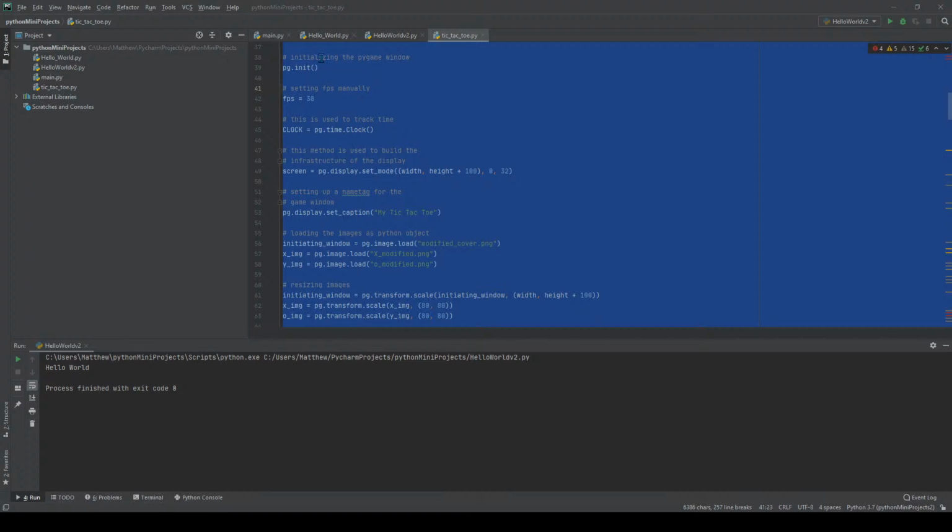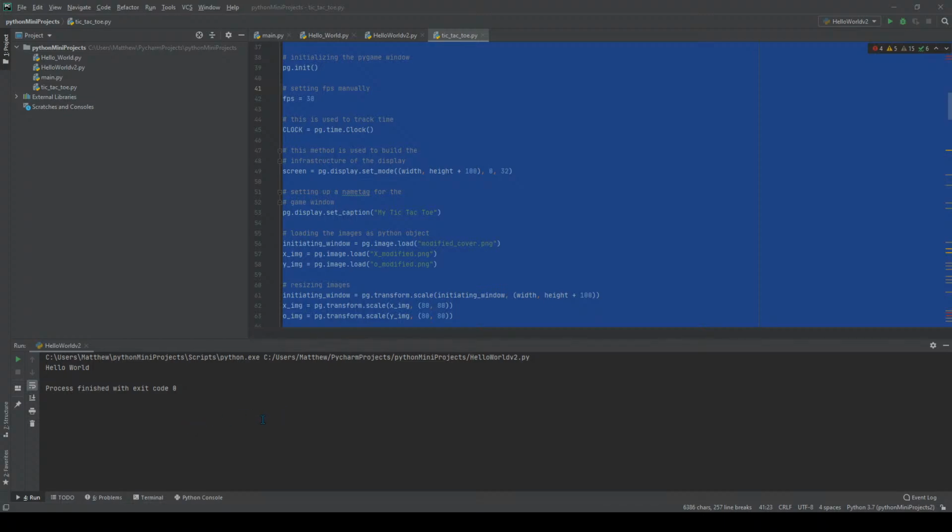Once again, it says no module named Pygame. So this is why PyCharm is so helpful. You can go ahead and click on that, and it'll tell you exactly what it's doing, and it's updating the folder for you, so everything is set up, and you can see that it gets Pygame. So now we can go ahead, press run, and tic-tac-toe, and